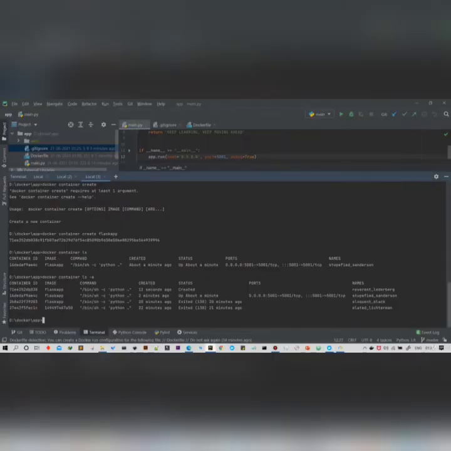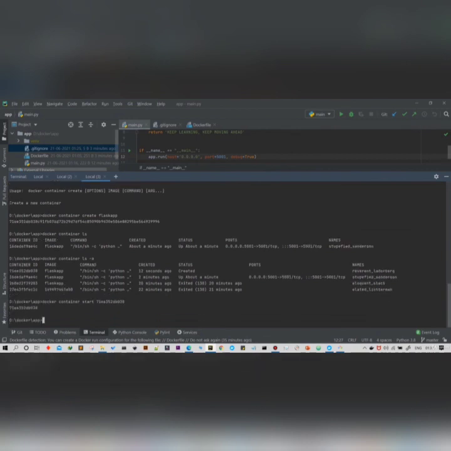Now I'm going to use this docker container start command to start this container. I think you got the point: docker run is equivalent to docker create plus docker start. Okay, now I'm going to put this container ID here to make this container start. And if you want to restart, pause, unpause, I've already discussed that in my previous lesson as well.